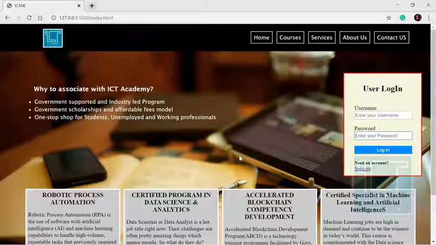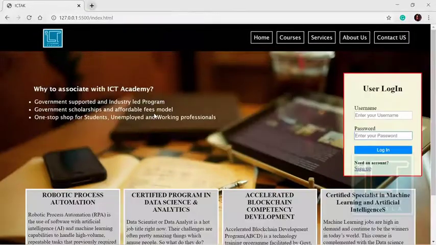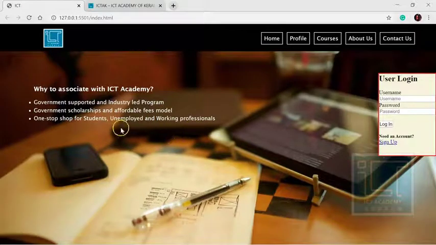Okay, so now if you look at it, you can see that our form is in line with this particular content. That's just a shortcut that I would suggest, because in the later case, the form that is usually generated was from here. So its margin will be from the last content that we have typed, that is from the one-stop shop for students unemployed. So from here only the form's margin will be set. Even if we try to set the margin top to 5%, the 5% will be counted from this portion.